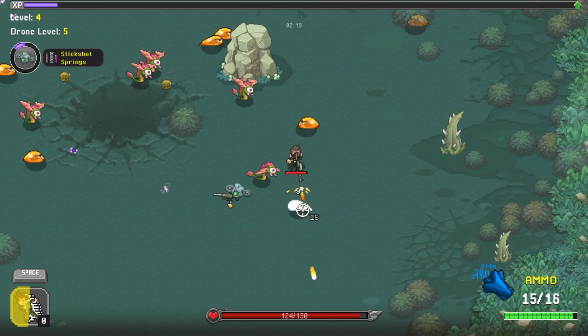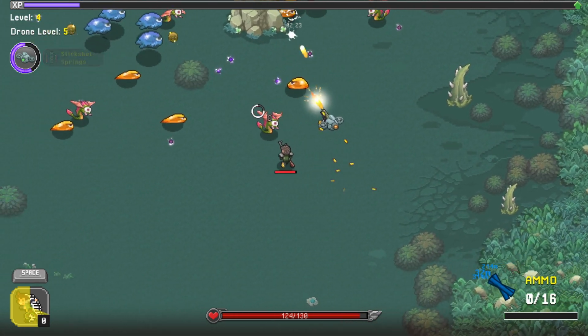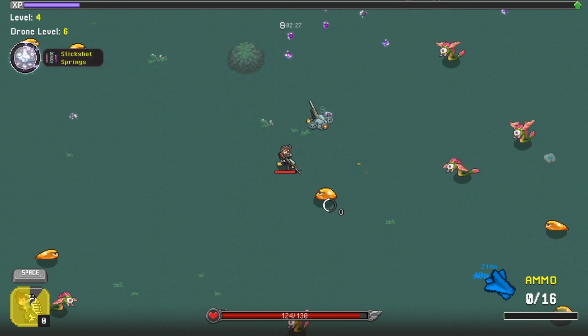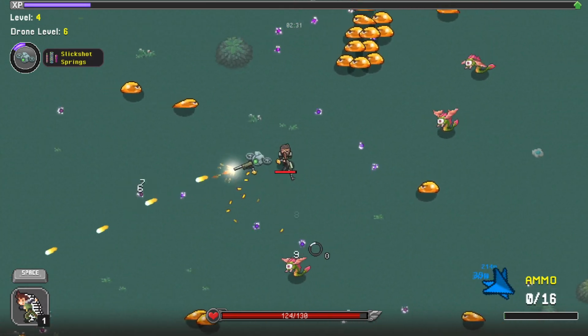I was just standing there for a minute now. No. This isn't 20 Minutes Till Dawn. There's no incentive by default for me to not move. Unless it's like not walking into an enemy. Because in 20 Minutes Till Dawn, right, your movement speed is by default reduced by half when